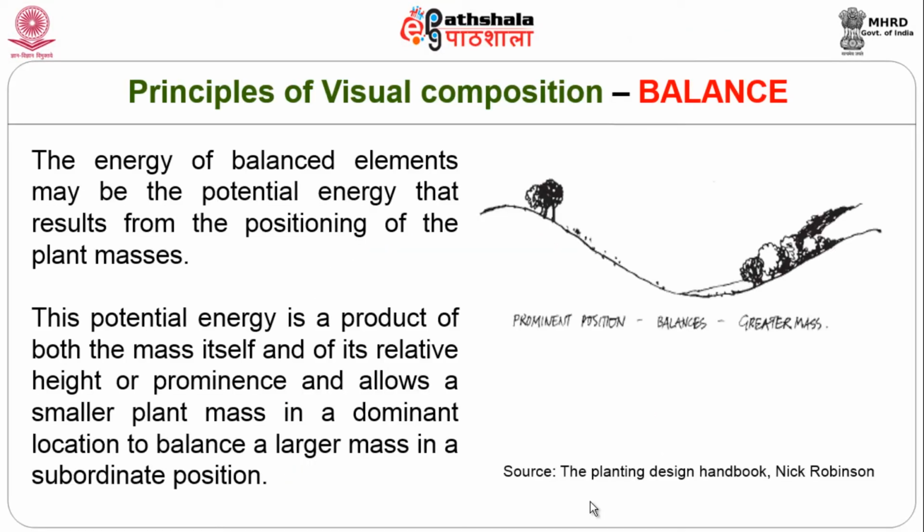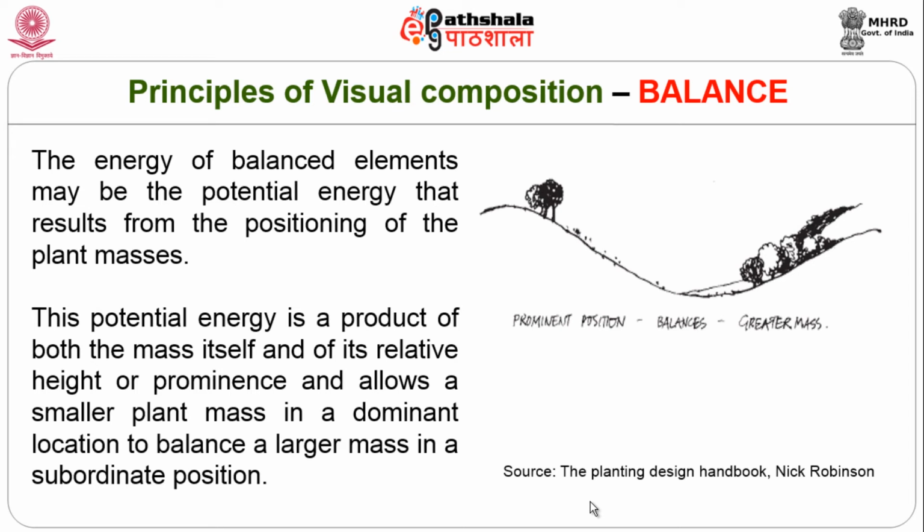Like you could see in these areas, there is a symmetrical balance, a strict formality of design about an axis, whereas here there is an asymmetrical design, where on one side there is a prominent form which balances the coarse texture on this side. The leaf structure of this medium height plant is very coarse, whereas the other side is balanced not by just repeating the same kind of coarse texture, but by something less coarse, and a prominent form is put here.